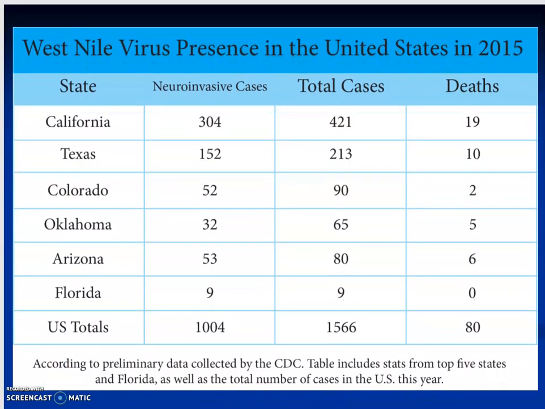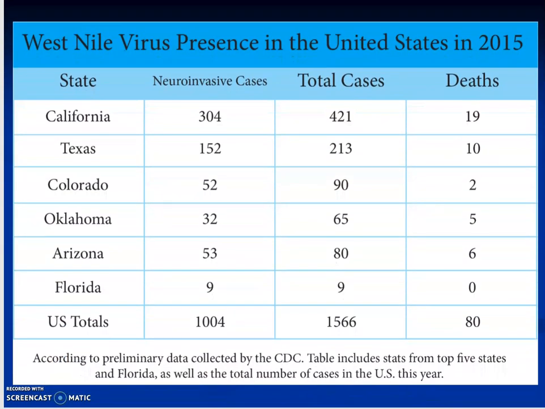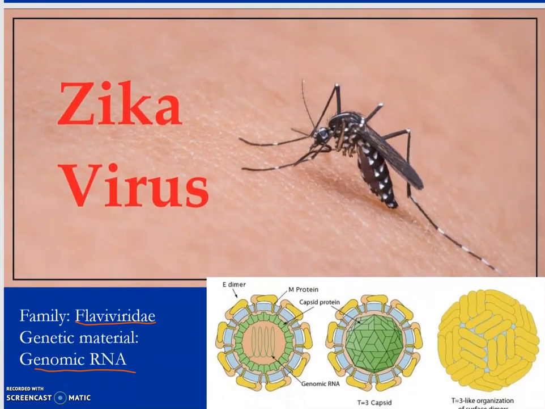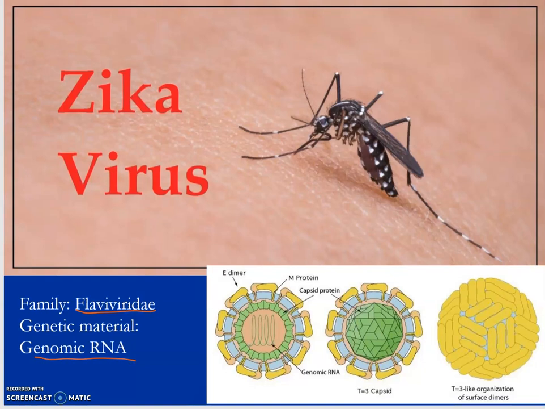And here the West Nile virus presence in the United States in 2015. You can see it's not an awful lot of cases, but it is a reportable disease, and so the CDC keeps tabs on those case numbers. But right now, of course, nobody's really worried about West Nile. Another emerging virus a couple of years ago was Zika virus, and again, because of coronavirus, nobody's really worried about